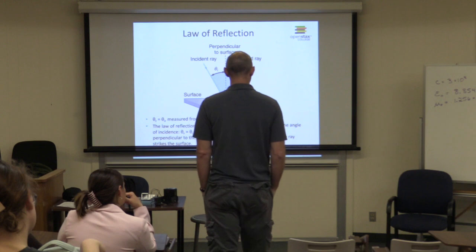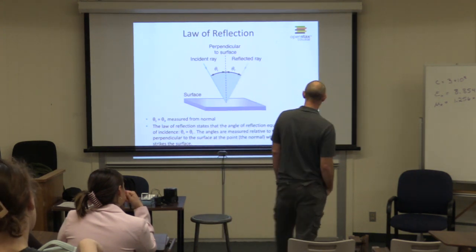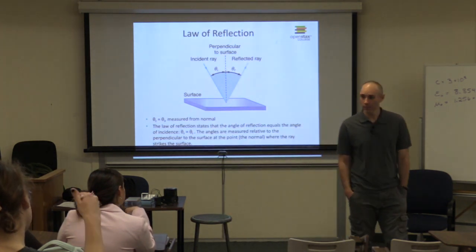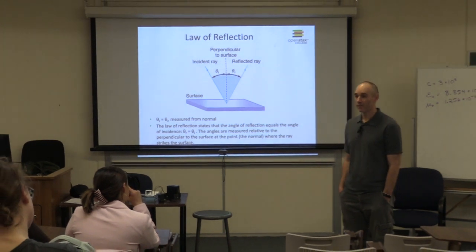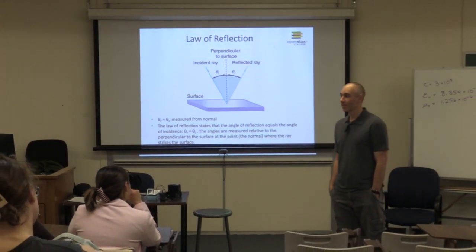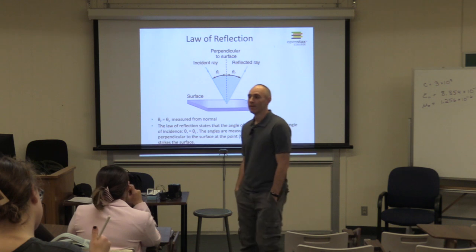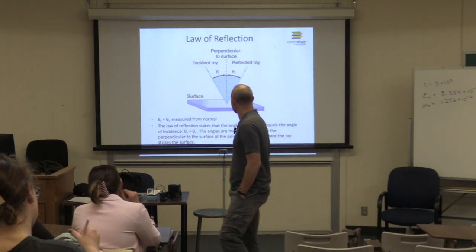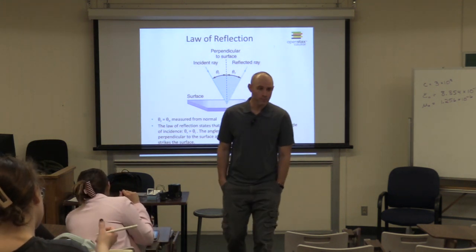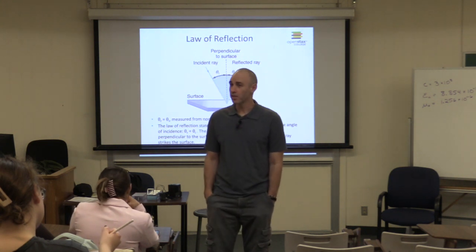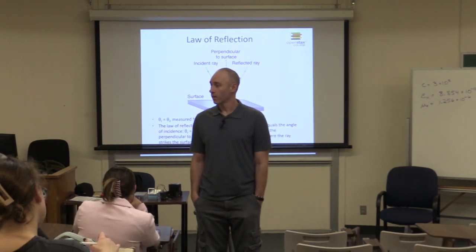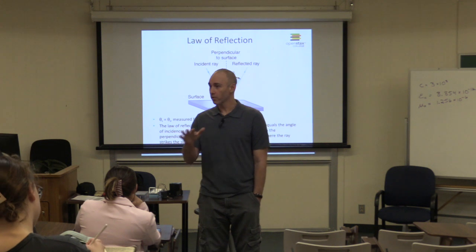All right, cool. And then we talked about how long a full-length mirror has to be. We used a little bit of geometry to figure that out, right? Good. That's, I think, brought us to the end of our time together. So that's all well and good. We're going to skip ahead a little bit because I want to continue talking about reflection, and I want to talk about it in terms of a curved mirror.